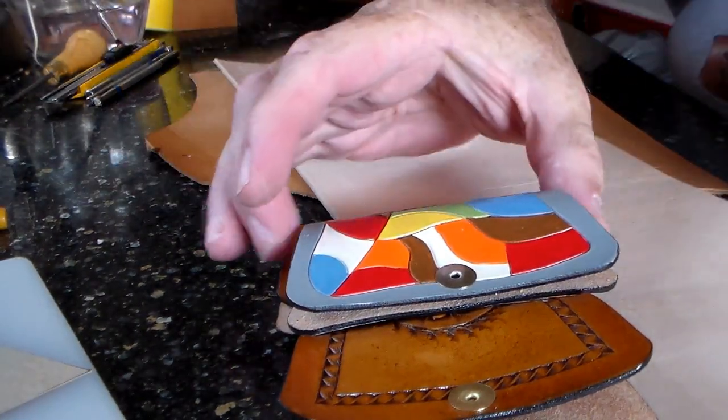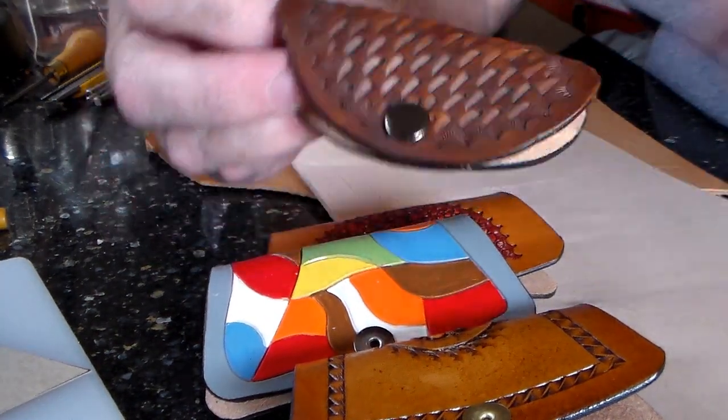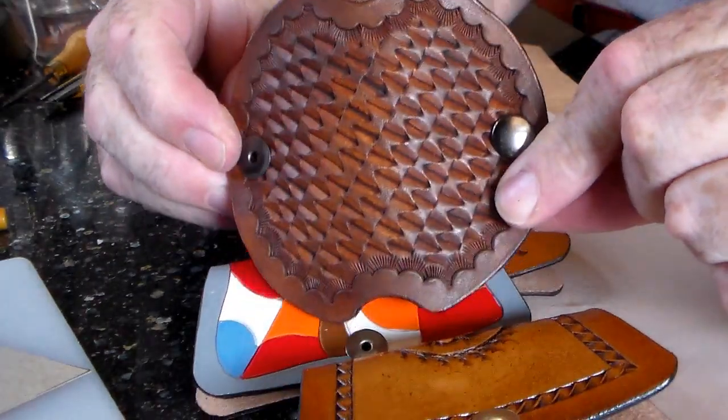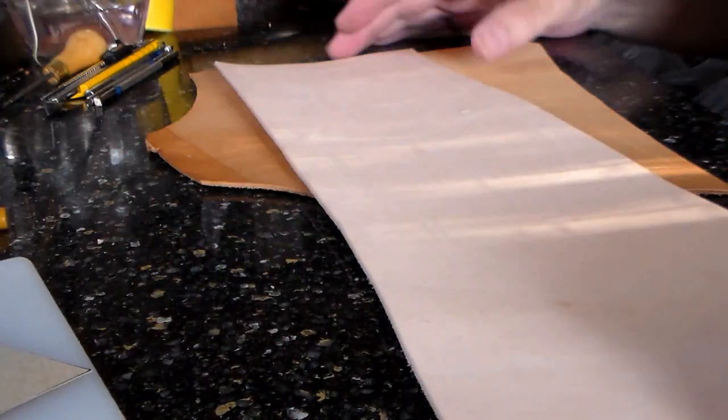This is a kind of a square one that I have, but you can also make them round like this. That is totally round with two notches on either side where you wind your earphone cables. So to do that,